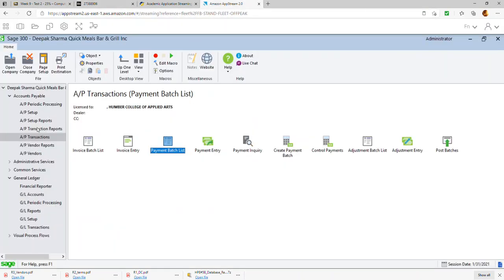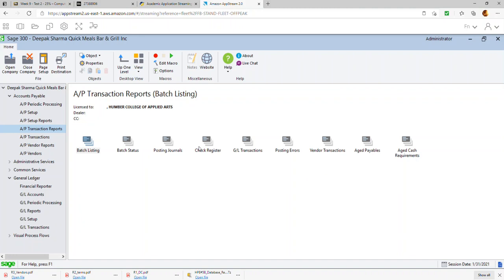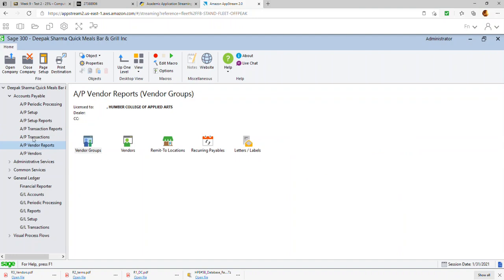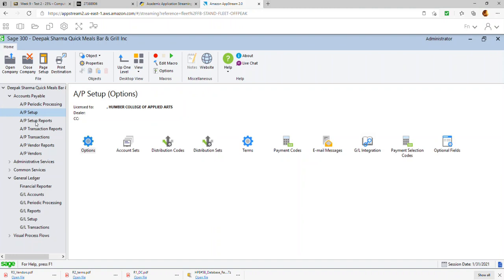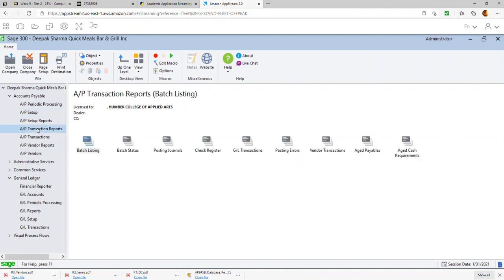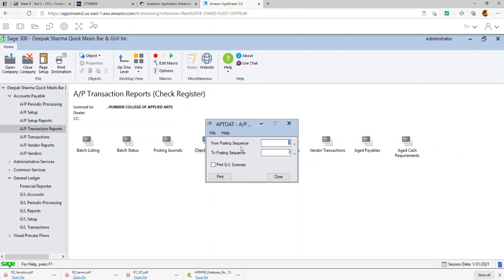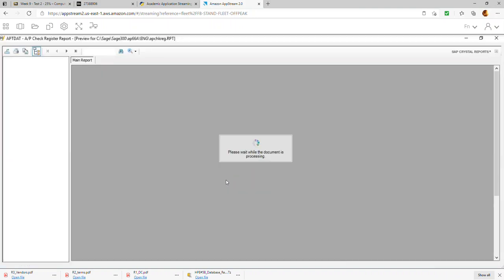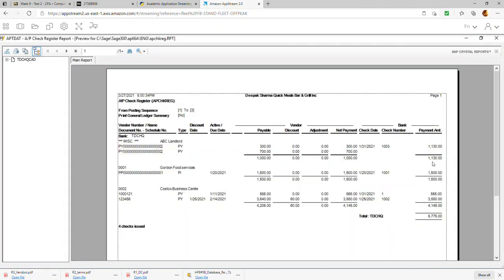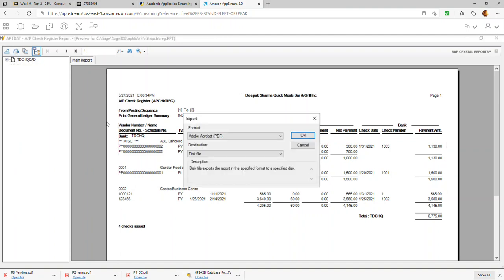So now to print a check log, you go into AP transactions, go into... it's actually the check log is a check register. So you want the check register for all the checks 1 to 3 and click print. So check log and the check register, they're the same thing. So this will give you the check numbers, all the checks that were printed for all the vendors. So make sure you print this and that will be your report number